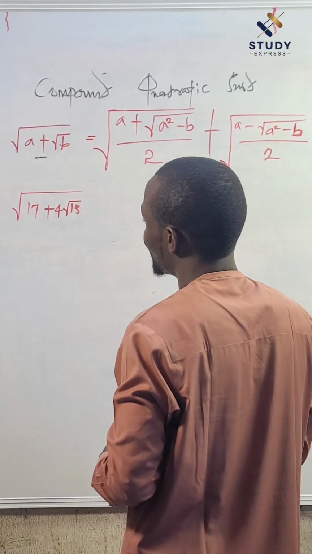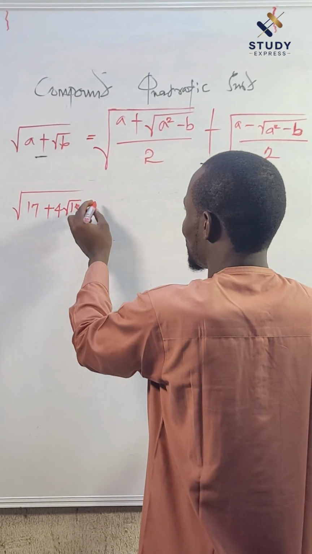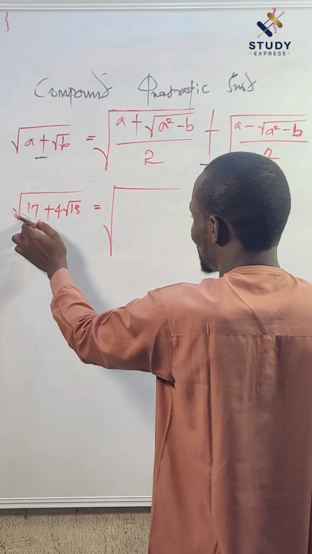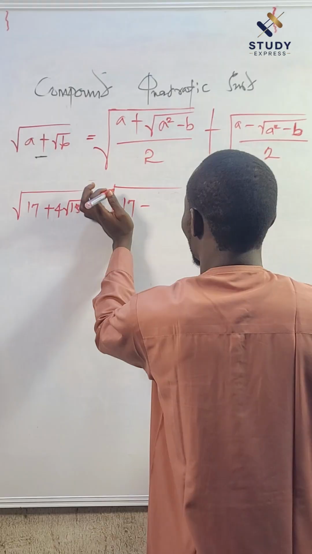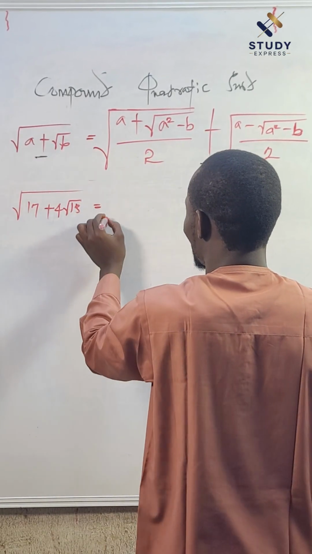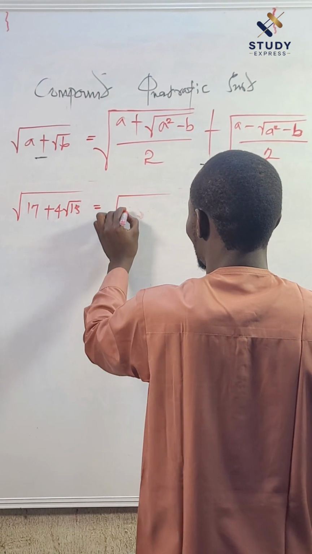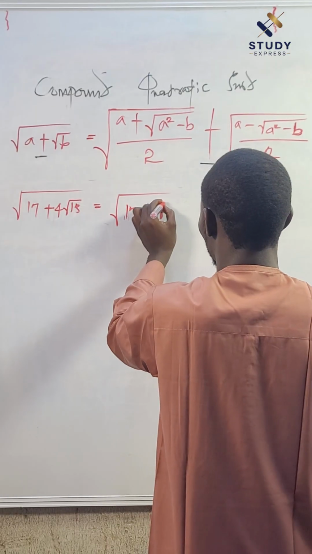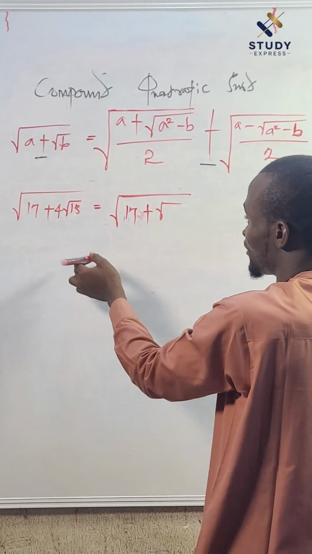So let's have an example that we have here. We have root 17 plus 4 root 3. How are we going to do that? Very simple. This is going to become the square root of, what's the first number? 17. So I'm going to write 17. But if I move on, I need to put it into the form a plus root b. So let's put it into a plus root b. That becomes root 17 plus root,